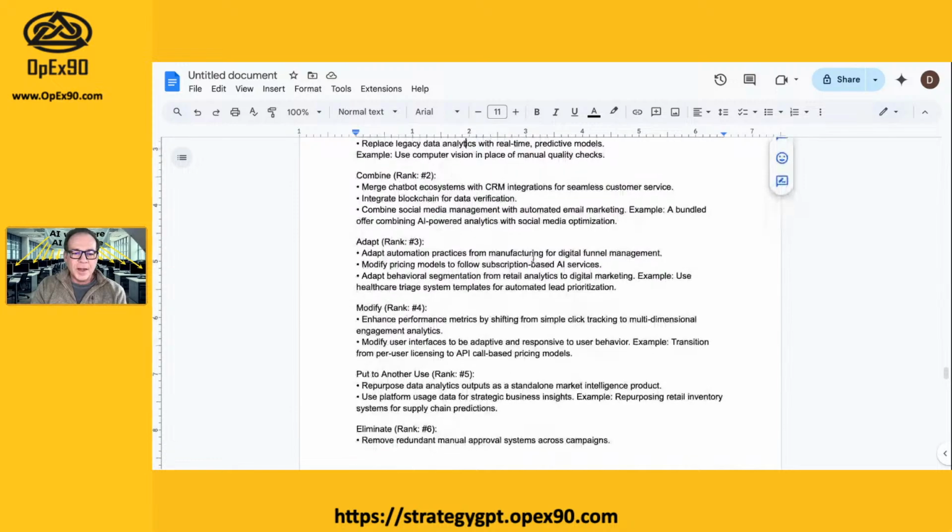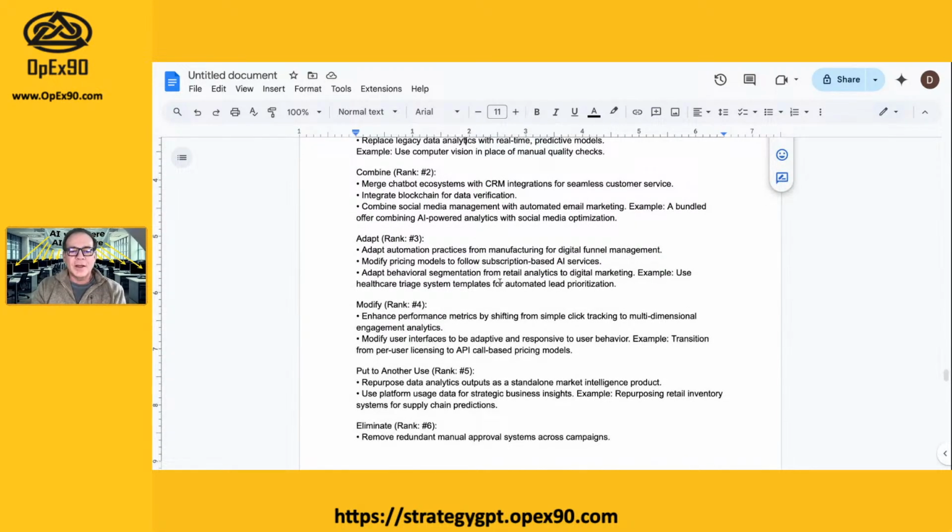Combine some social media, adapt. What are the things we want to do? Adapt automation practices from manufacturing to the digital funnels, right? So remember earlier, funnels are something all businesses do. Originally, I thought they were cheesy, right? So if you go on United Airlines and you buy a ticket, you buy that cheap ticket. Oh, do you want to buy a Wi-Fi pass, right? It's a funnel. It's moving you to the thing. Oh, nah. Boom, I don't want to buy a Wi-Fi pass. Oh, do you want to prepay for your drinks, right?